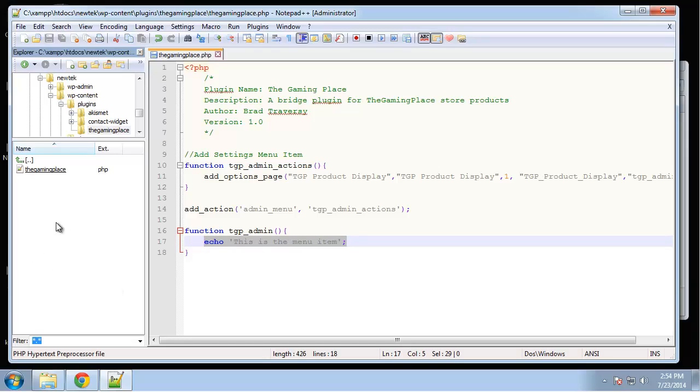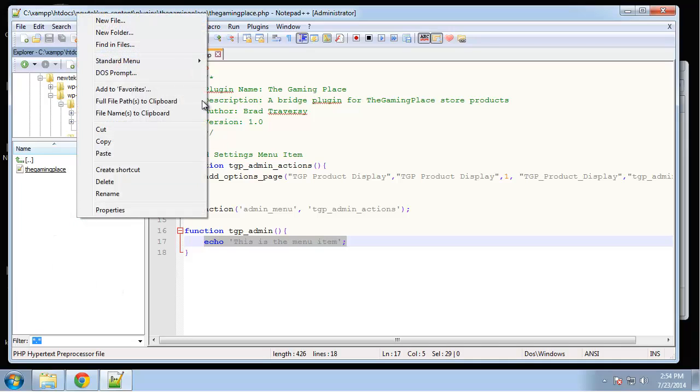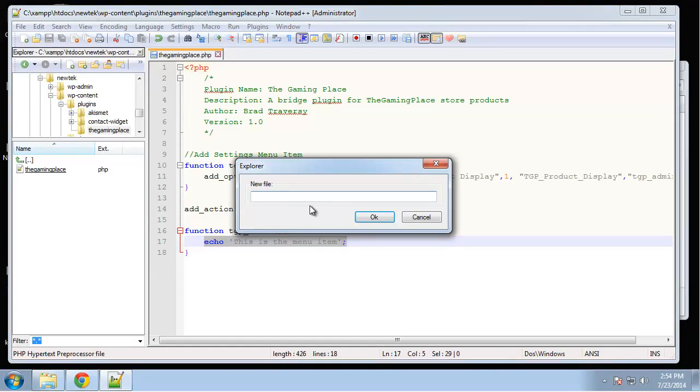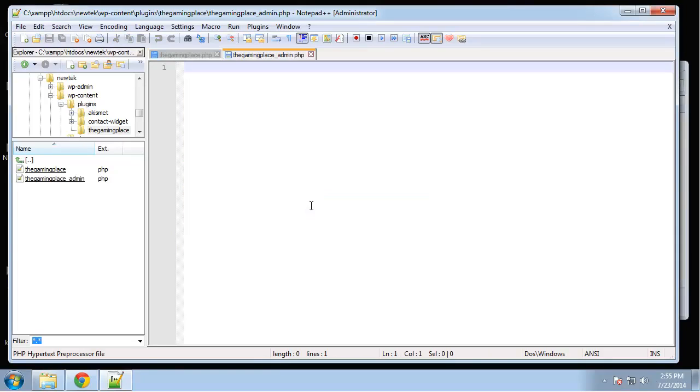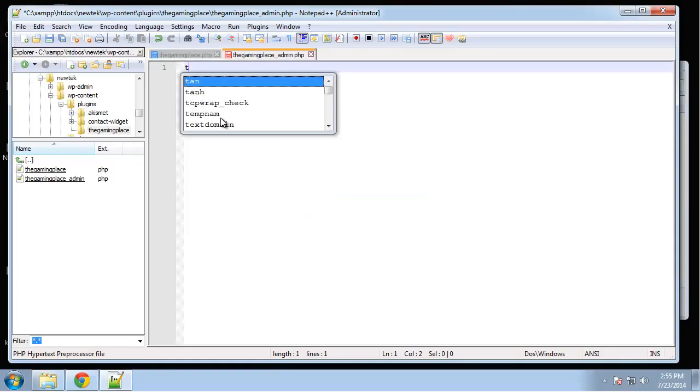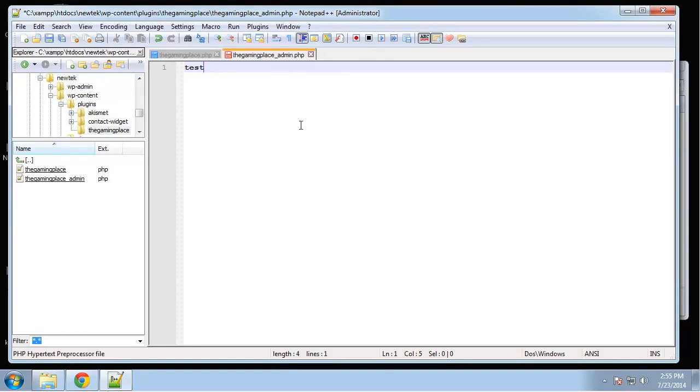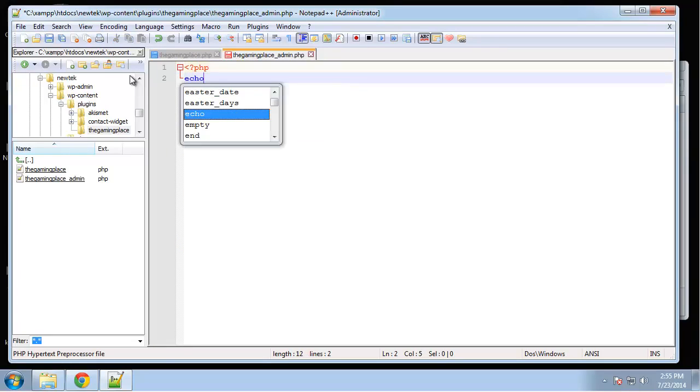and just include it. So what I'm going to do is create a file in the plugin directory called the gaming place underscore admin.php. Alright, so let's just want to test it out. So echo admin file,